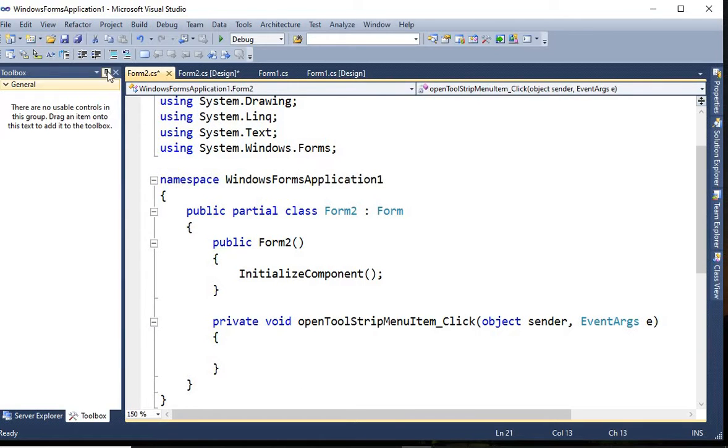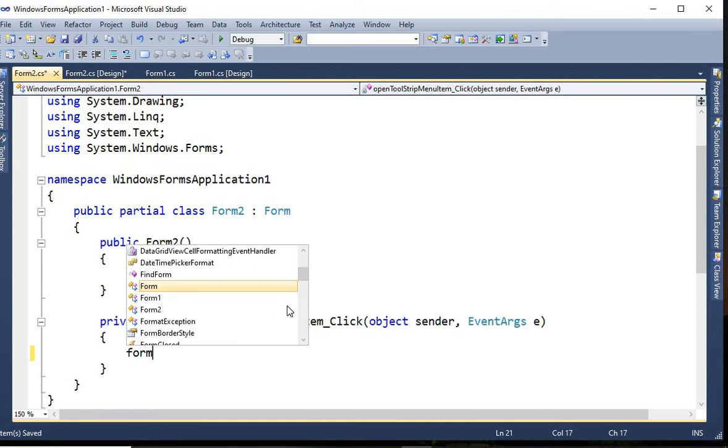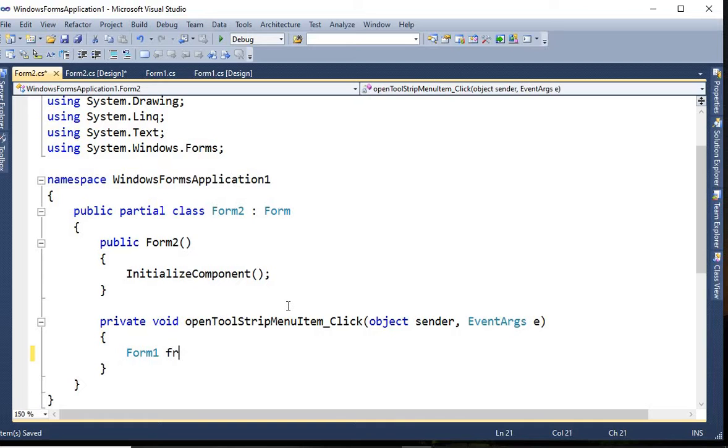Here you have to write the code for the operation you want to perform when the Open menu is clicked. For example, I want to open Form1, then create its object and use the Show method to display the form. This two-line code is used to open the form.